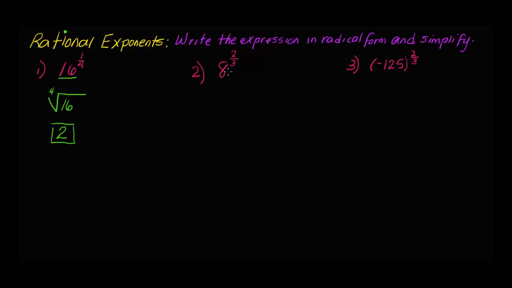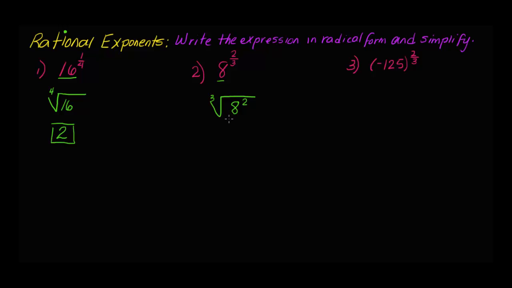For example 2, I have 8 to the 2/3 power. So the first thing you do is you write your radical. Second thing, you take your base, you write it inside the radical. Third thing is your numerator. Remember, that's the exponent. So I'm going to write the exponent here. And then the denominator is the root. Now, to simplify this, there are 2 ways. I'm going to show you this first method, and then I'm going to show you the second method,